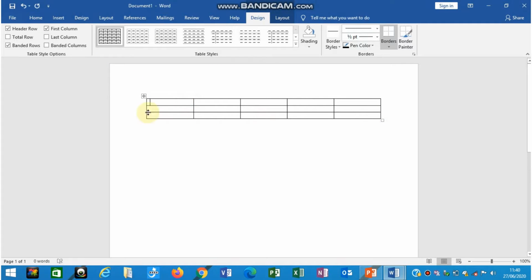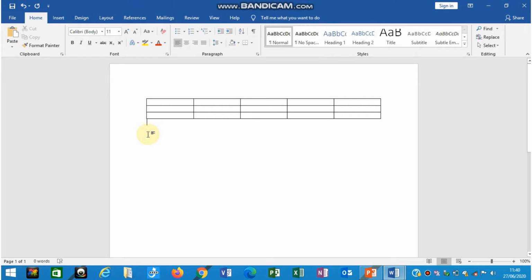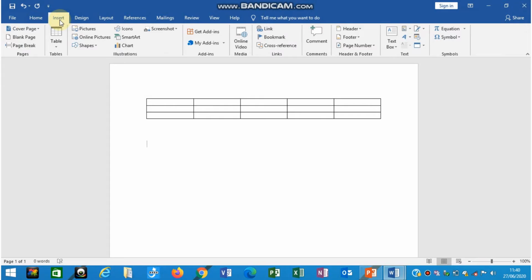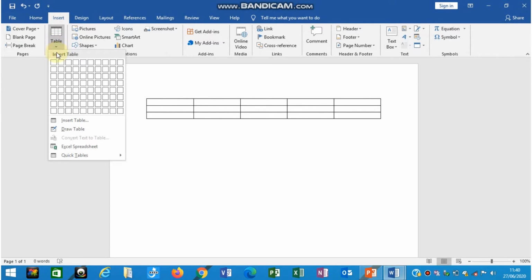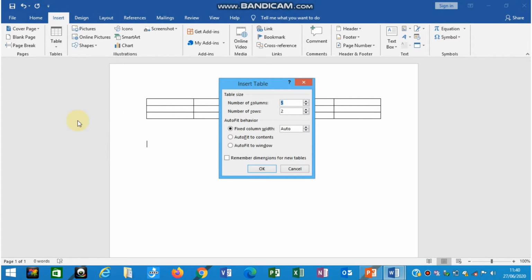Now one more method is there to create a table. Again we move to the insert tab and click on the table option. Now under this drop down menu you are able to see insert table. Click there once, only once. A pop-up dialog box appears, and in this dialog box we add whatever number of columns and rows we want.